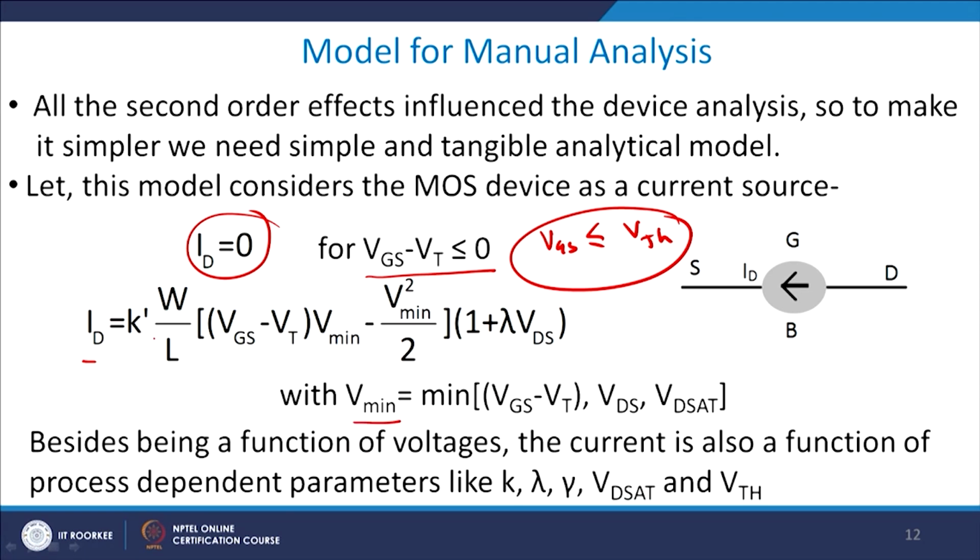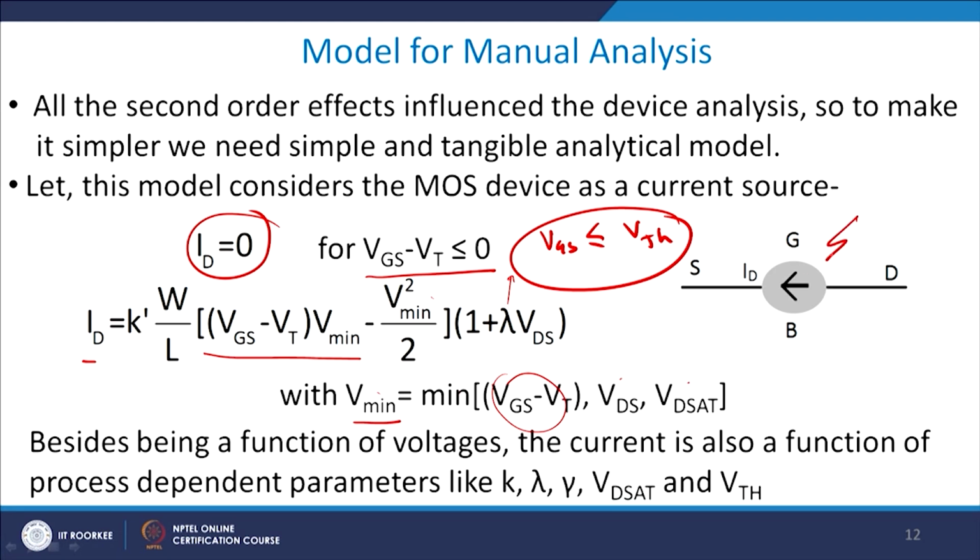get ID equal to K prime W by L, VGS minus VTH, V min minus V min square by 2, into 1 plus lambda VDS, right. V min is basically the minimum value of VDS, and lambda is the CLM parameter which you see, and VDS is the drain to source voltage which you see. So V min is basically the minimum of the overdrive, VDS and VDSAT, right. Whichever of the 3 is really the smallest one, we assume that to be equal to the value of V min, but typically it is VDS which comes into picture,